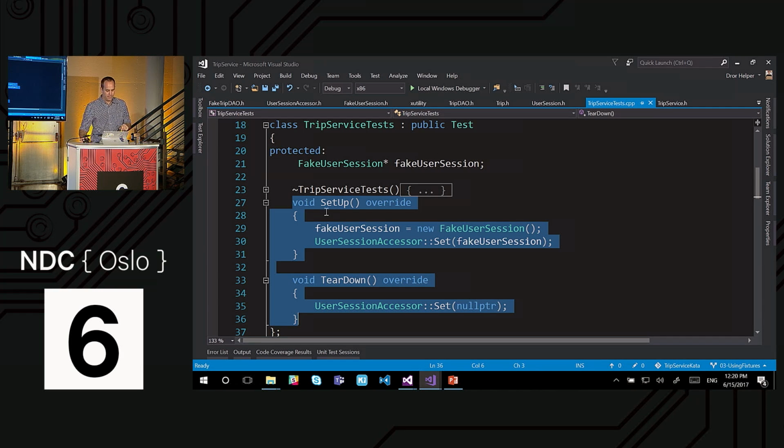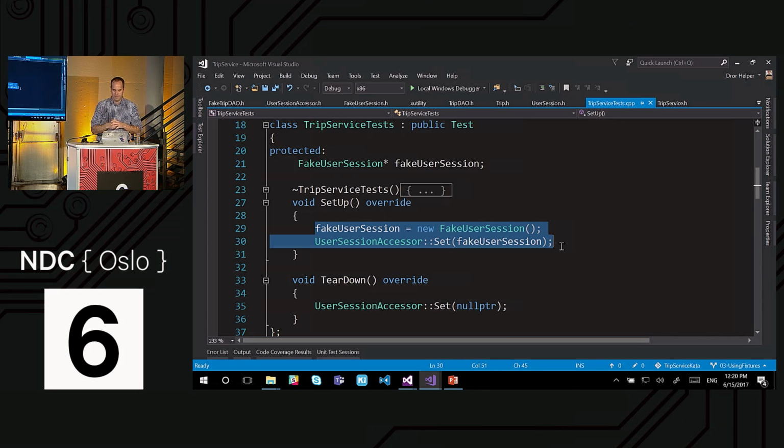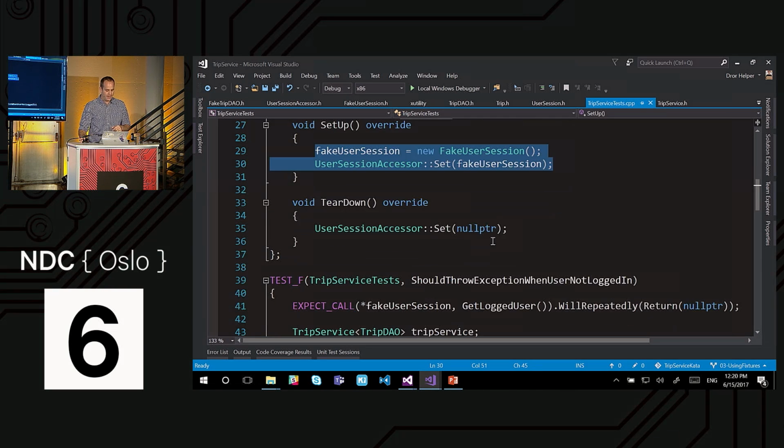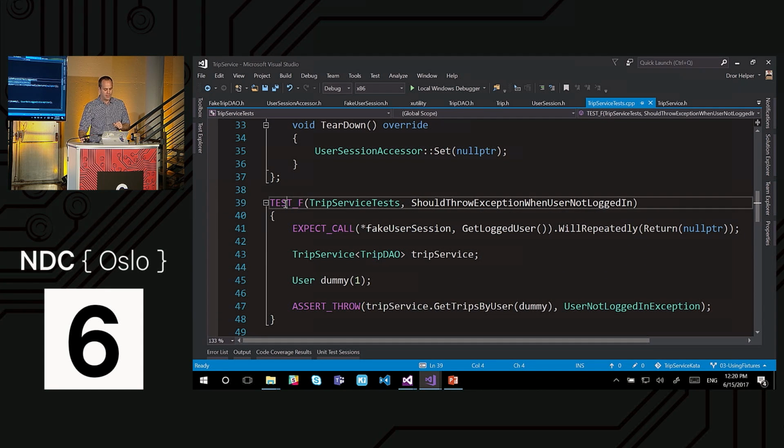So before and after every test, I'll initialize the fake objects I need and set the singleton I'm playing with. For those of you who were here yesterday, you might remember this example. And then I'll write the test, and in case of Google Test, I'll need to run it with the _F. That's my way of telling Google Test, this class was already created, please don't create another one. And then those tests become the methods of that class.